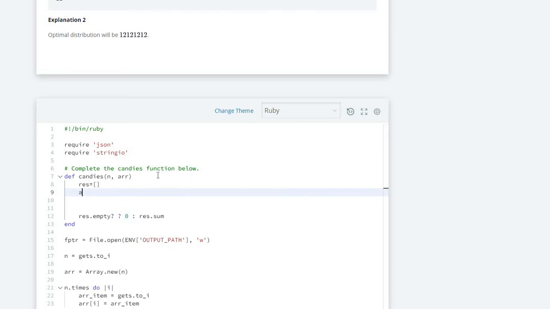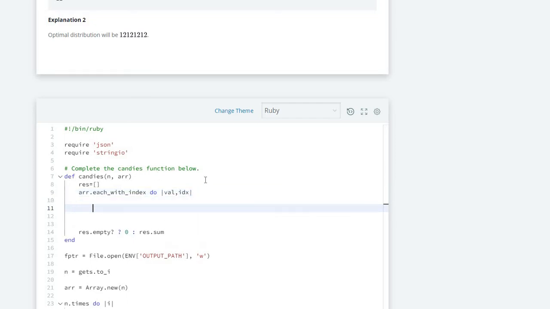First of all, we should iterate our performance array with the each_with_index method in Ruby, and this method will give us a value and an index like this. When we finish our iteration, we should close our each_with_index method like this. And if our index is equal to 0, first of all, we should give 0 for the first element of our result array, or